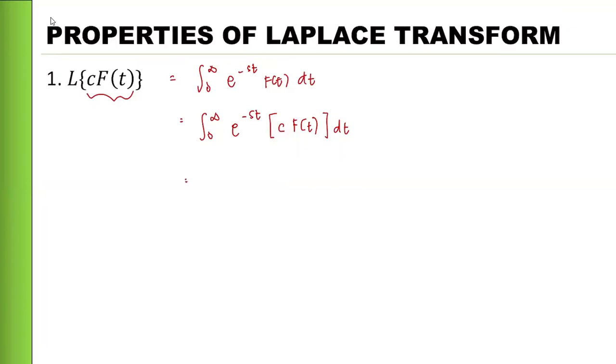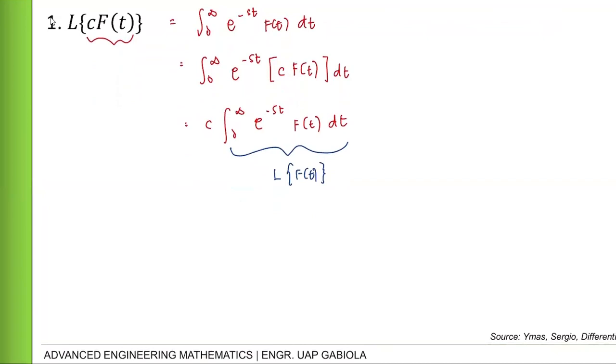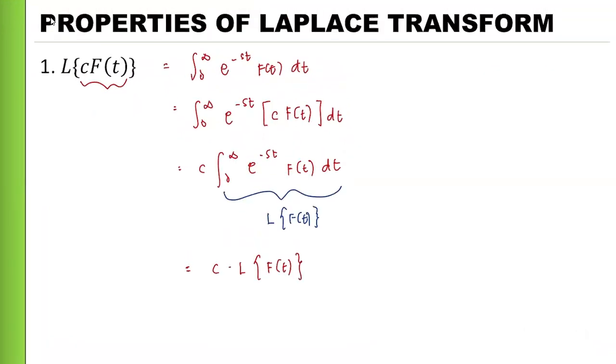So, pag pinactor out natin yon, this can be c, integral from 0 to infinity of e raised to negative st times f of t dt, which brings us back sa original natin na function na L of f of t, no? Na domain. So, once we simplify this one, c times L of f of t. Okay? So, meaning as first property ni Laplace transform, kung may constant na pwede i-factor out dun sa ating function